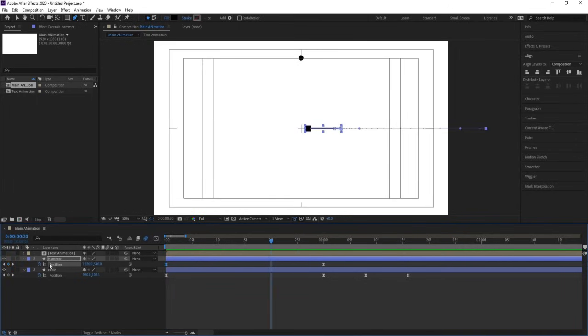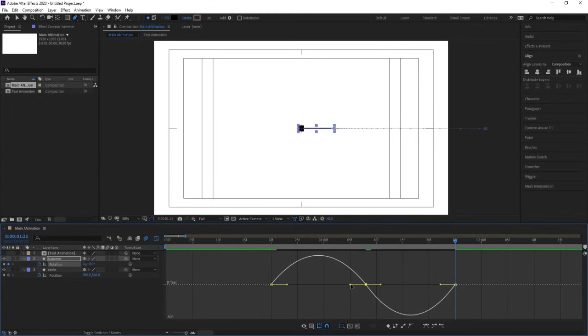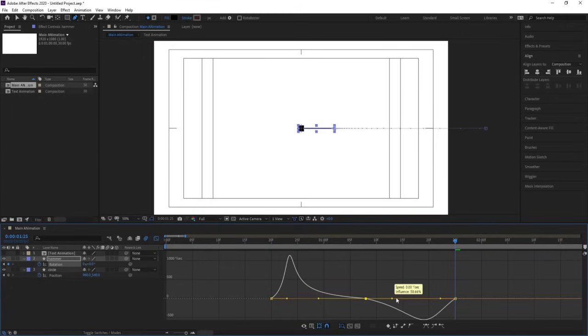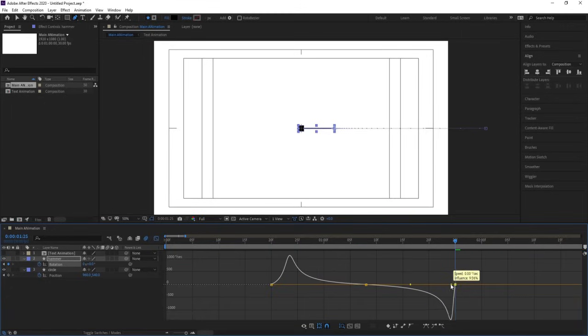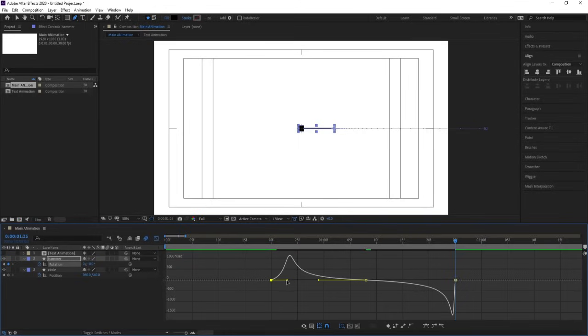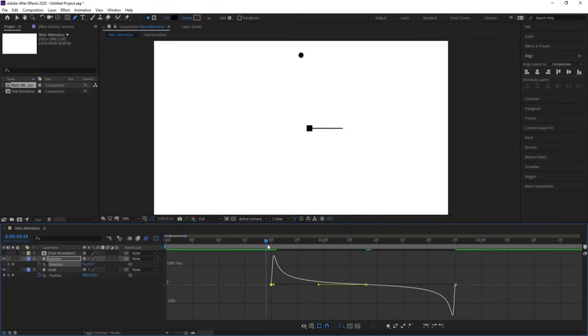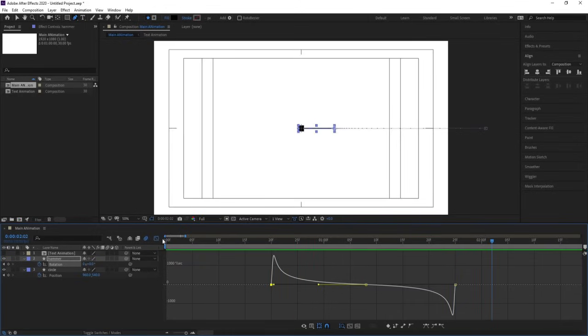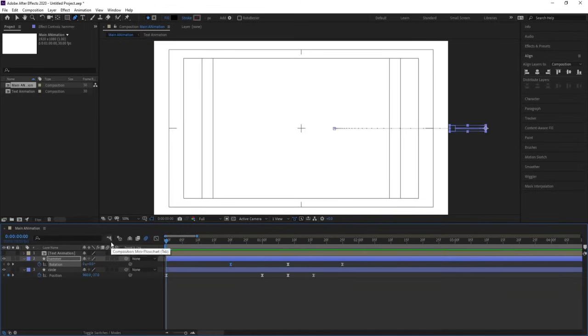Then at this point I'll press R for rotation, create one keyframe over here, I'll rotate it like this, then somewhere around this, select this first keyframe, hit Ctrl C, Ctrl V, select those rotation keyframes and hit F9, go to the graph editor, then select this graph by holding shift, move this handle over here and this handle over here, this handle over here and this handle over here. So we will get this kind of animation. Okay,